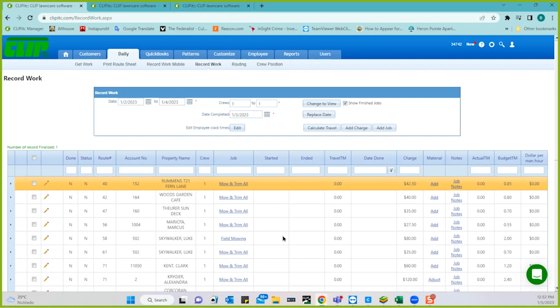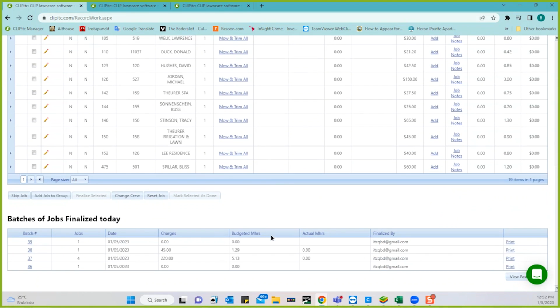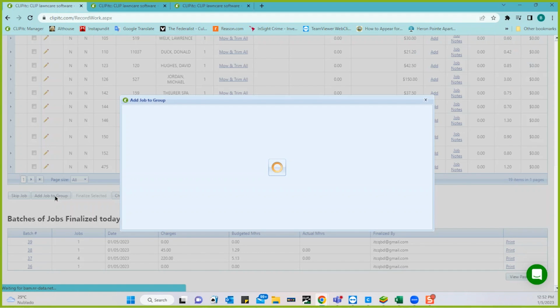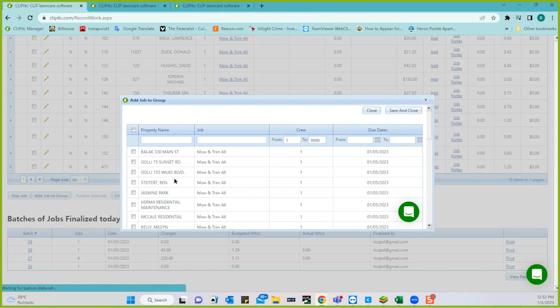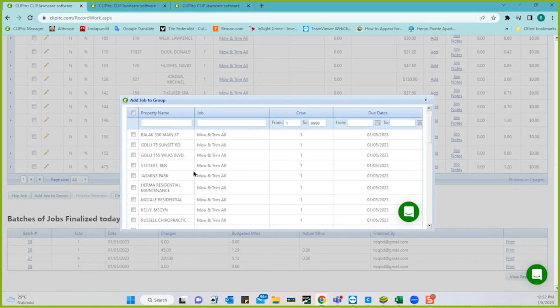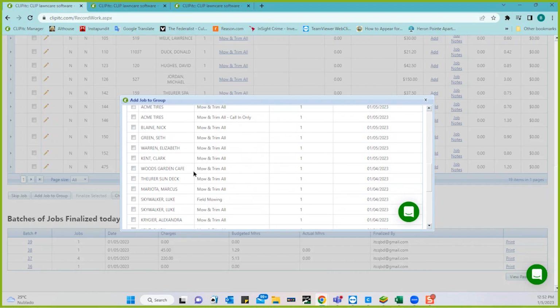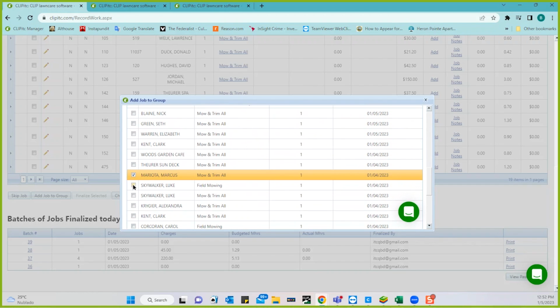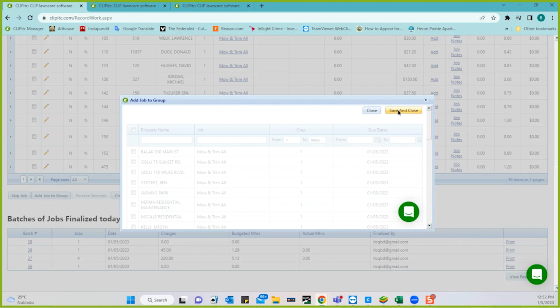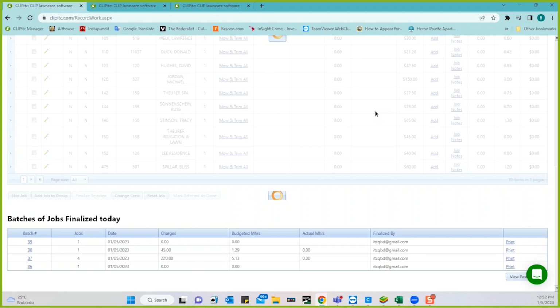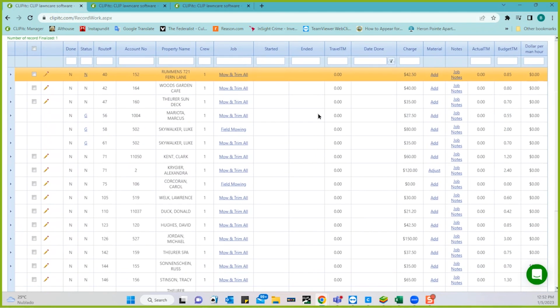So that's Mariota and Luke Skywalker. So let's come down here. We hit add job to group. And we come down. Let me find these. So we have these three. And then I hit save and close. Okay, so now we come up here. And here now are the three jobs. Mariota, Luke Skywalker, and oh, you know what? I